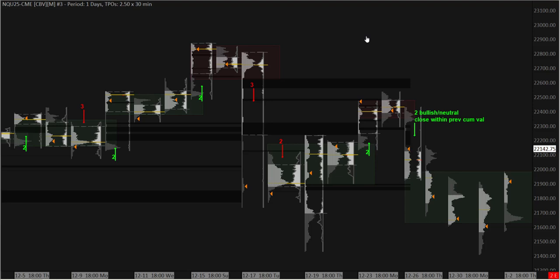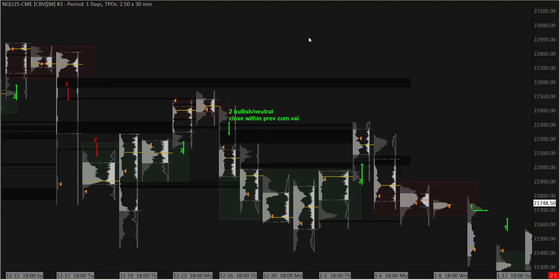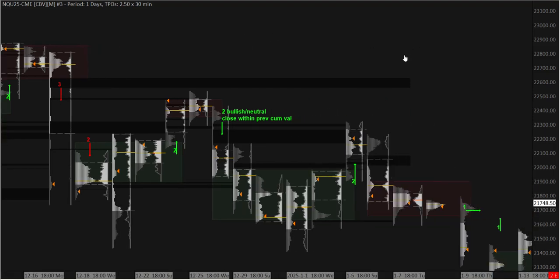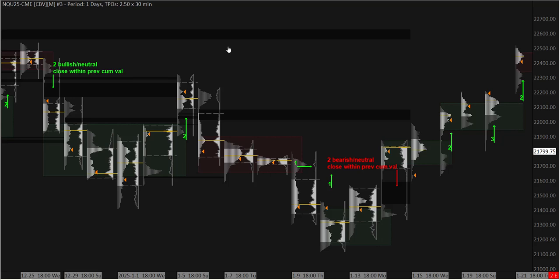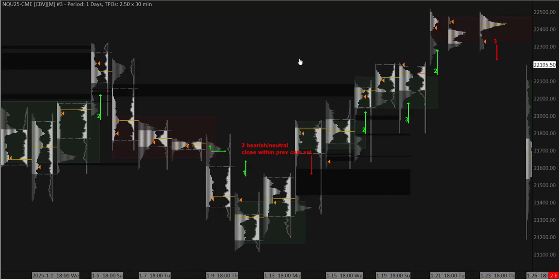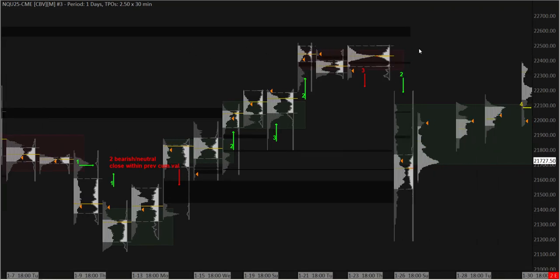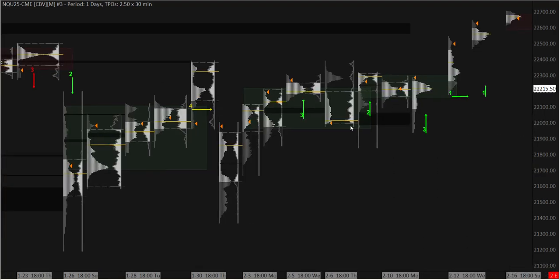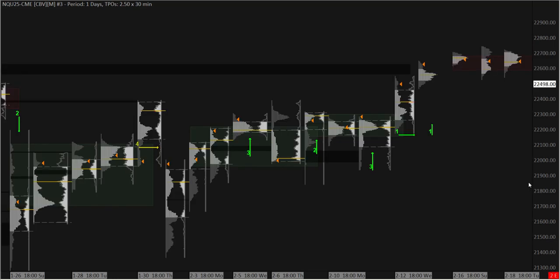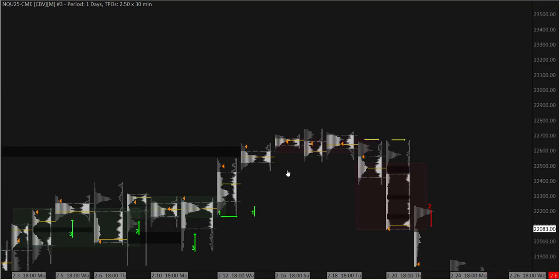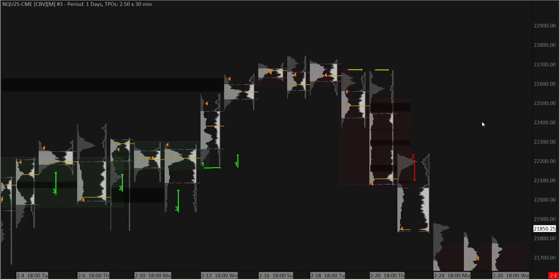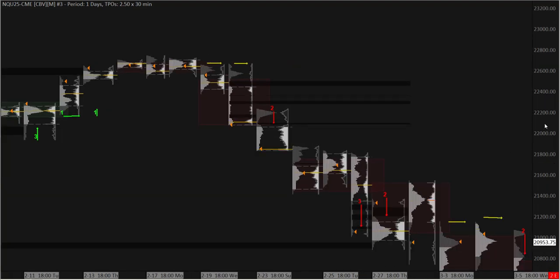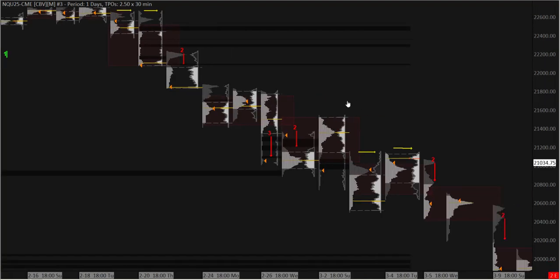So as you can see, there is one setup every couple of days. I think there has been no week without a setup. Maybe here, but yeah. So the signals aren't that infrequent,